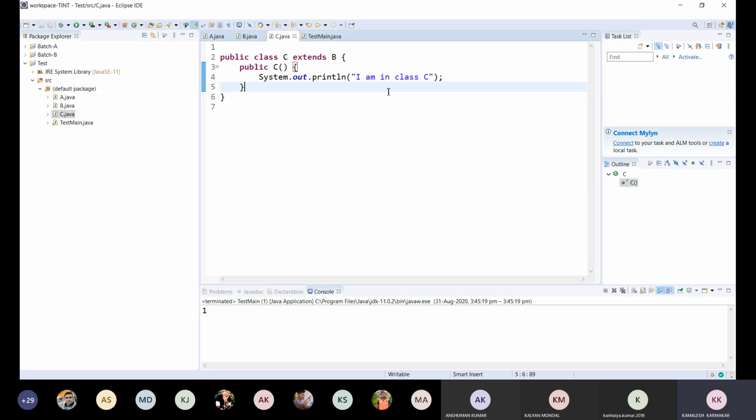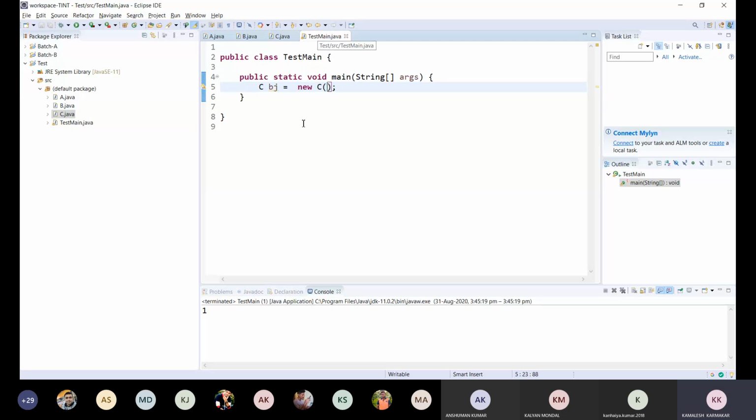Do you get my point? Are you getting my point? What will be the output if I run this program? In test main, if I create an object of C class, then which constructor will be called?